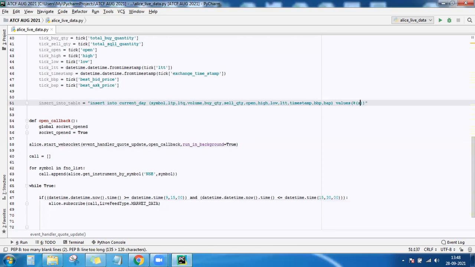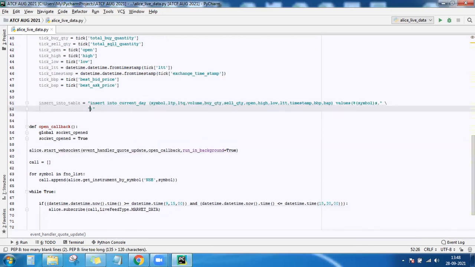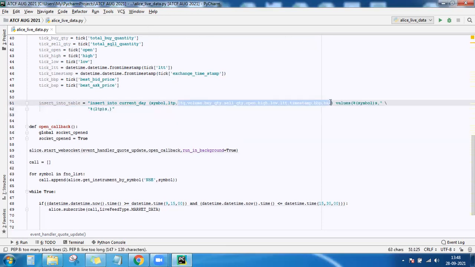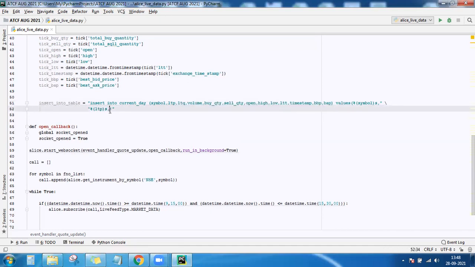Percent s, first comes the symbol, then LTP, just copy all of these things once again. So later we are going to substitute it by the real value. That is what this percent s tells it.